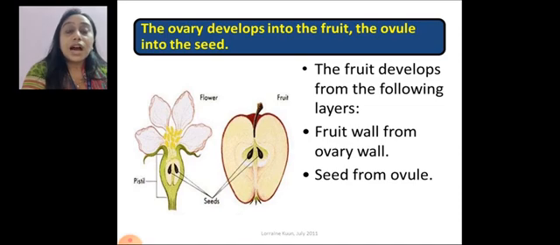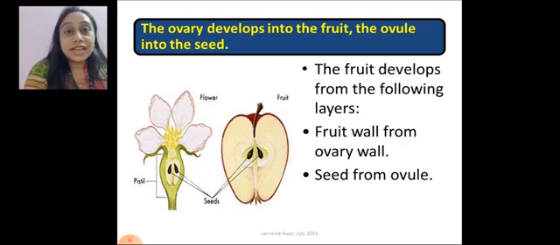Next, we all know that the carpel consists of stigma, style and ovary, and inside the ovary there is the ovule, and the ovule has the egg. Now, what will happen to this carpel when fertilization of the egg takes place inside the ovule? After fertilization, the ovary will develop into fruit. Now you can compare the ovary to the fruit. You see the ovary is becoming the apple. The ovule is becoming the seed.